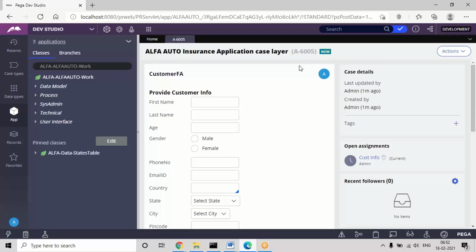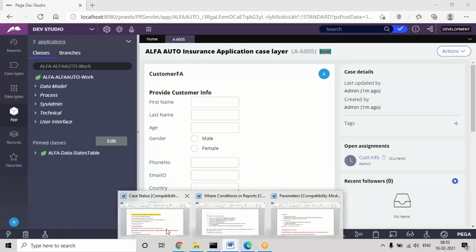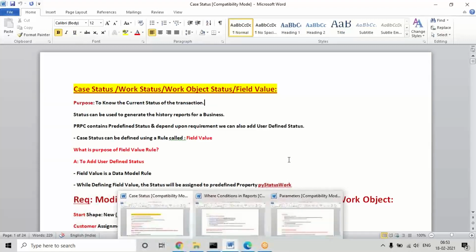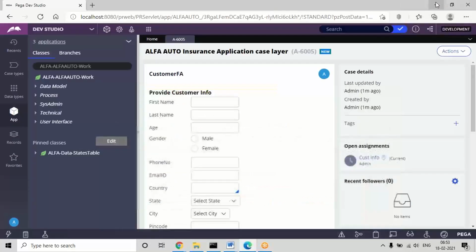status. So status will play an important role in the live environment when generating any reports, business reports and all. See, Pega will generate a default status, but that is not sufficient to generate any reports, because the status generated by default is the same for every work object.